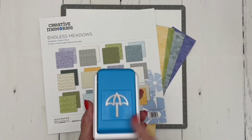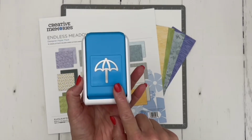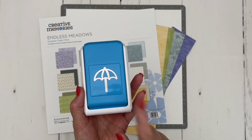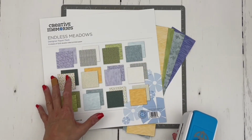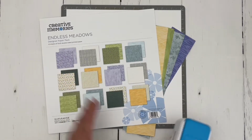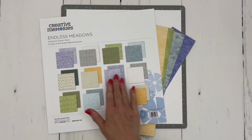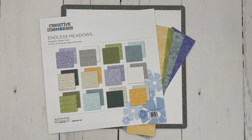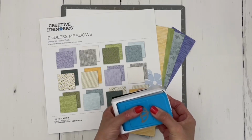umbrella punch, standalone punch from Creative Memories. And this was launched the middle of last month, the middle of May, along with the summer collection called Sun Rays for Days. But I'm going to be actually pairing it back to the spring collection, which was called Endless Meadows. And I just love this collection. I love all of the really sort of pastel colors, but they're very saturated. They're nice and bright. So I think it's going to pair really well with this fun little striped umbrella